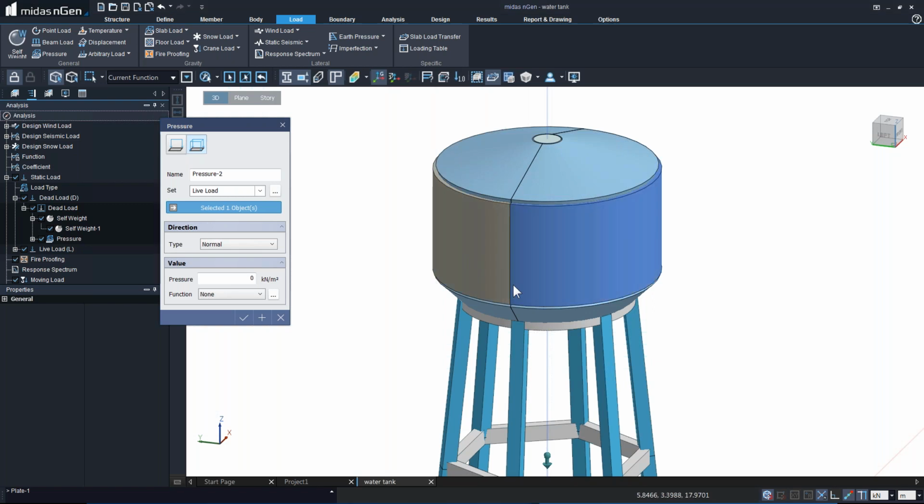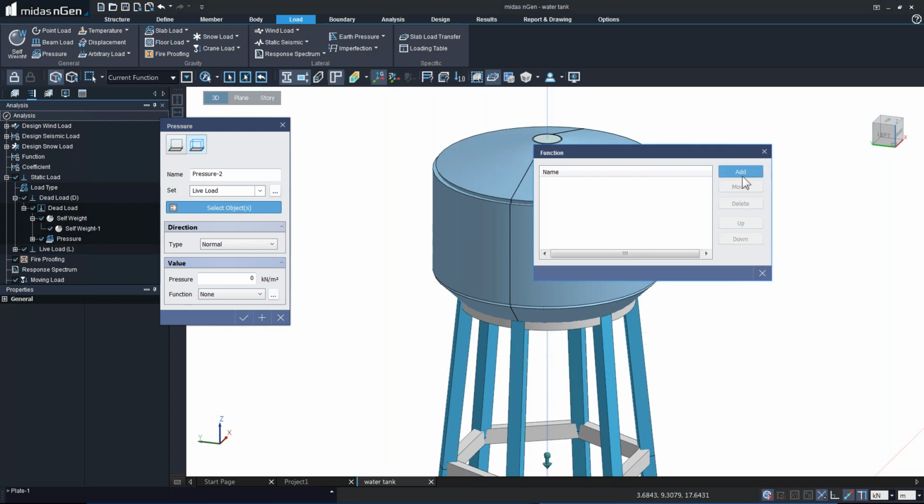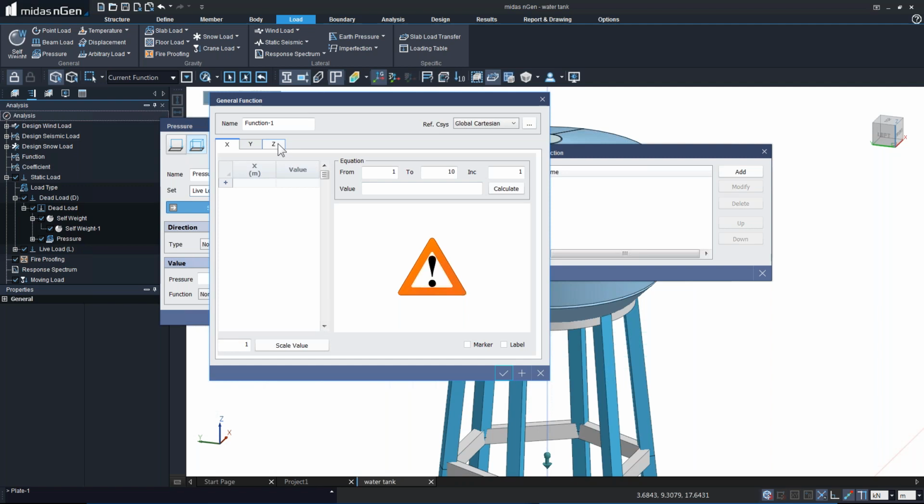All right, so first let's choose a live load set, and select the objects on which we want to apply this load. And then this is just an example. So let me firstly create a function, because our water pressure is not applied uniformly from top to bottom. So we need to create a function for that. And here we have the option to create the function, which is nothing but linearly varying in the Z direction. So we go to the Z, and here we can provide the height. So we have the height from 20 to 25,